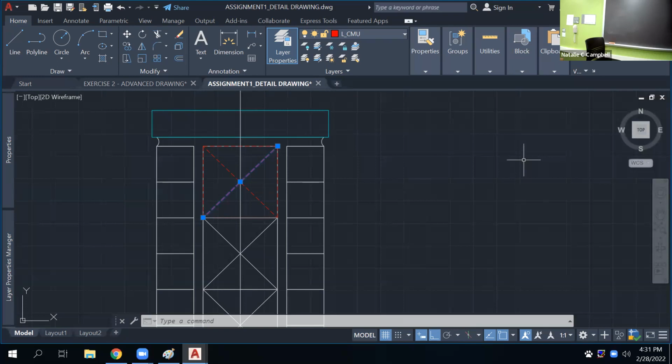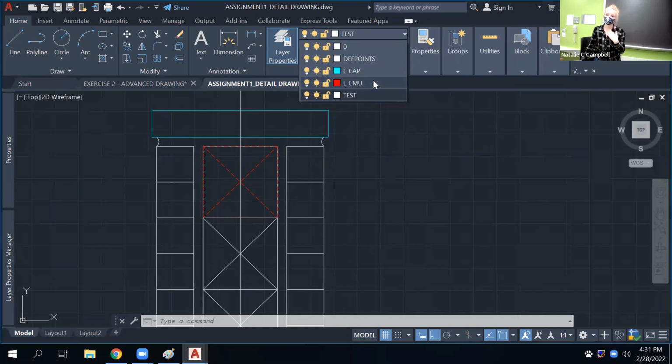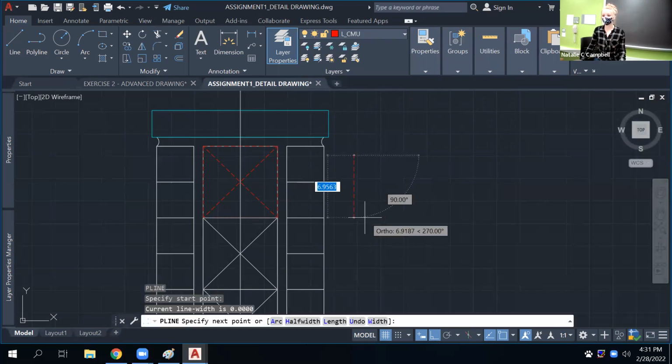Yeah, so any item that needs to get moved to a layer, you simply select the drawing. You can do it two different ways. If you're drawing from scratch, you can go up here, see where it says test. I can choose CMU, for instance, and if I wanted to start drawing things, it'll all be on the CMU